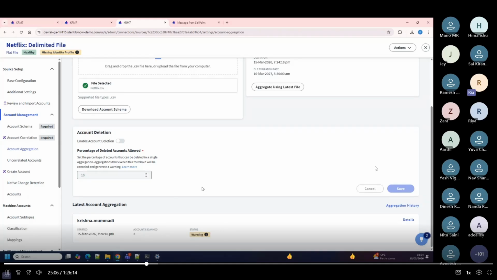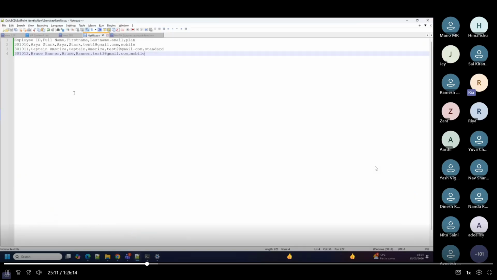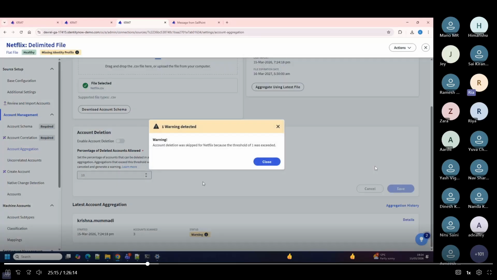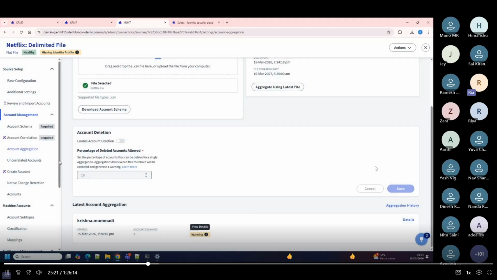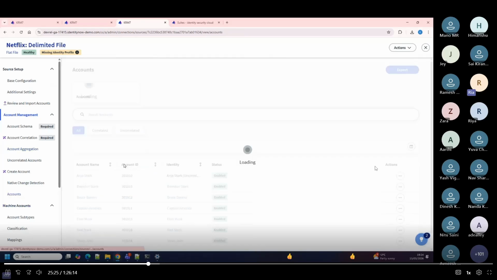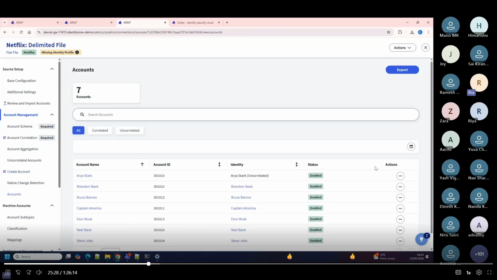Yes, let's see what error it is going to say. It said accounts scanned is 3 only. How many accounts? Only 3 accounts are there, right? And it said account deletion was skipped because threshold of 1 was exceeded. How did it say threshold is only 1? Because you said 10%. What is the current accounts? 7. 10% of 7 is actually 0.7. It rounds off, so 1 account. So maximum you can delete only 1 account, right? That's why